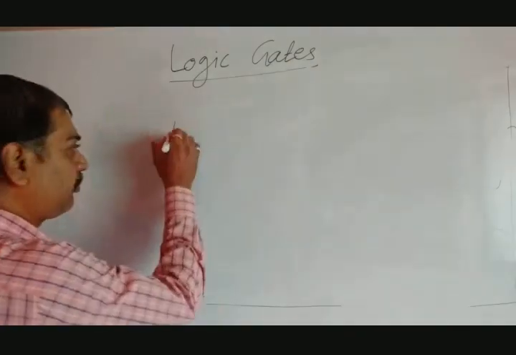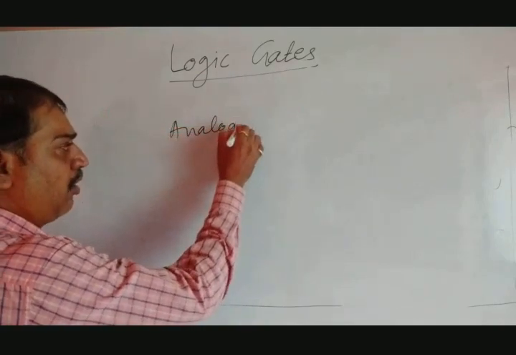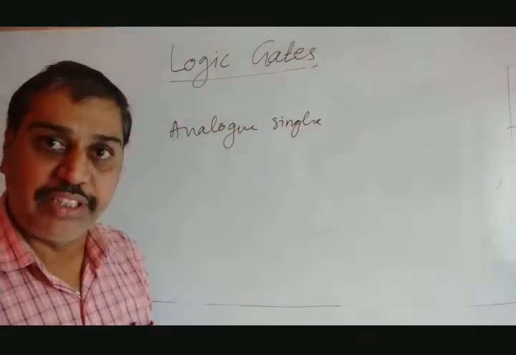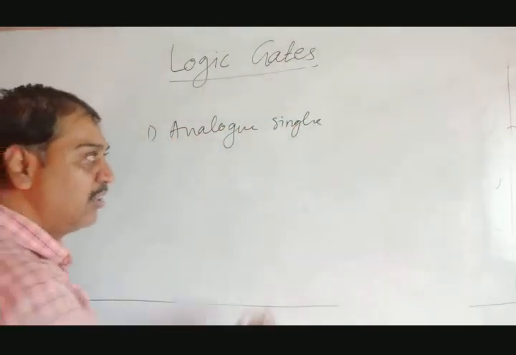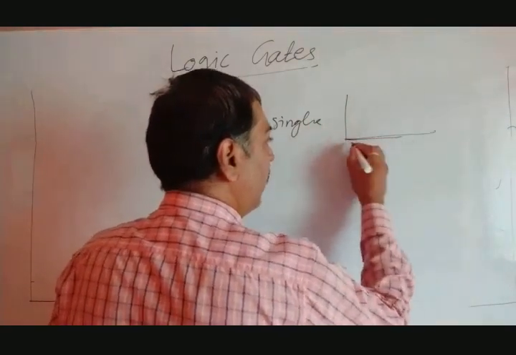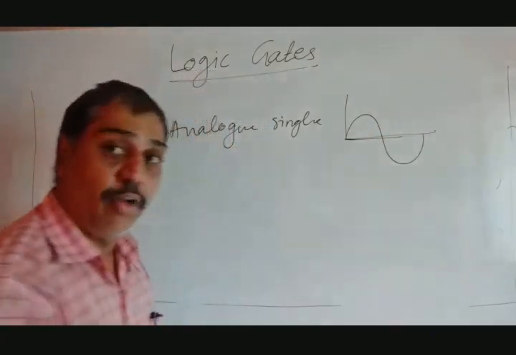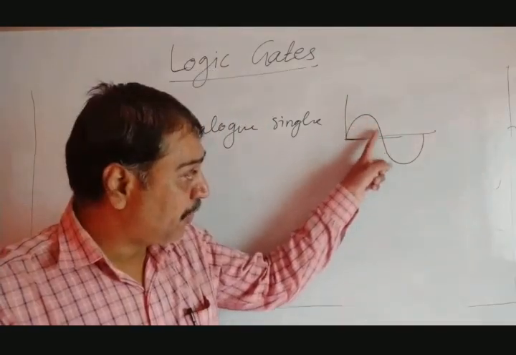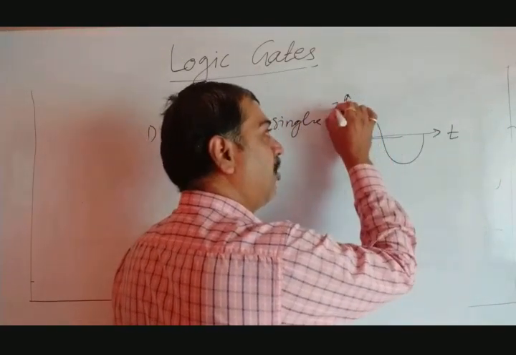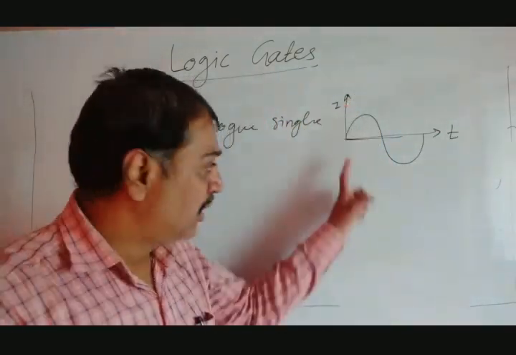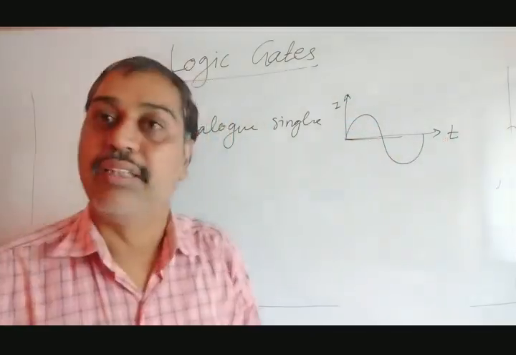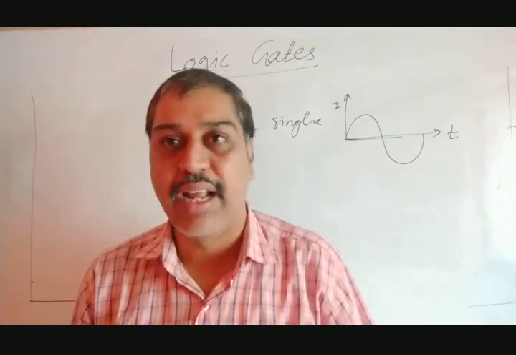Analog means what? An analog signal is a signal which varies with time. The signal which varies with time is said to be an analog signal. So such a type of signal is said to be analog. We can draw it like this. Such signals are said to be analog. Changing continuously with time. Suppose we have taken time along the x-axis, and here, suppose, current or voltage we have taken. It is AC. It is continuously changing. There is no step. It is continuously changing with time. That is said to be an analog signal, or we can say AC signal.